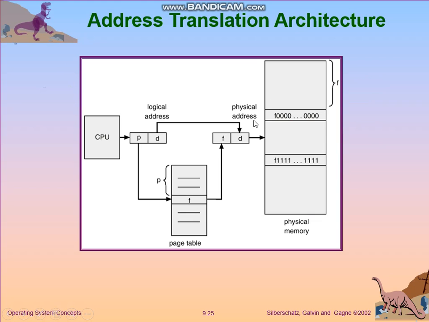So logical address and physical address. Physical address is the actual address in the physical memory which is there in the RAM, and the logical address is the address which is seen by the CPU. So what do you do in paging? You divide the logical address into two parts. First one is page number and the second one is offset value. And then the size of a page should be equal to the size of a